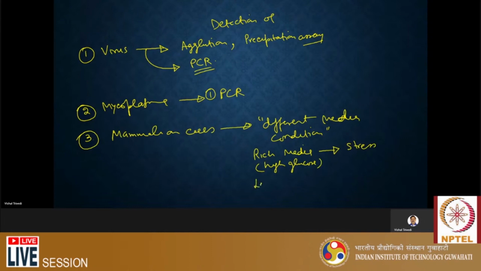Similarly, if it is a less rich media, for example you don't have the serum, if you are using a media without serum, then it is also going to give you stress. But the kind of stress you get in less rich media versus high rich media is going to be different. Here it is going to be an osmotic stress. For example, you have a very high quantity of glucose, so that is going to give you a different type